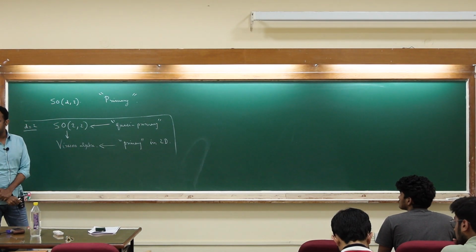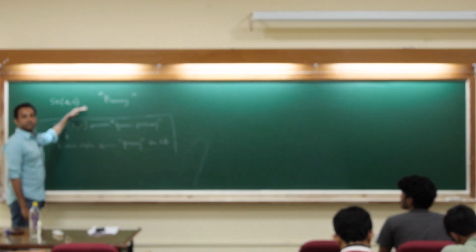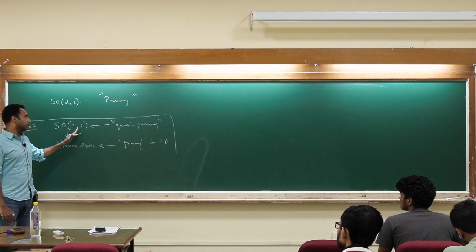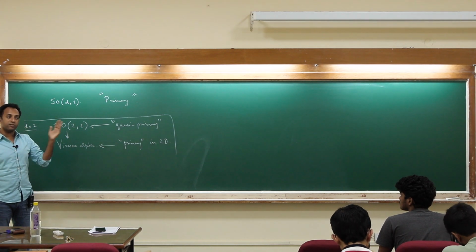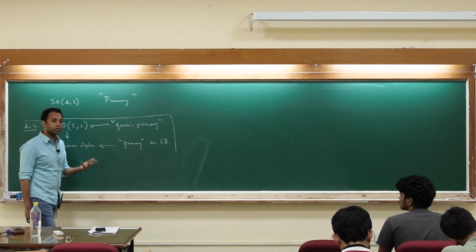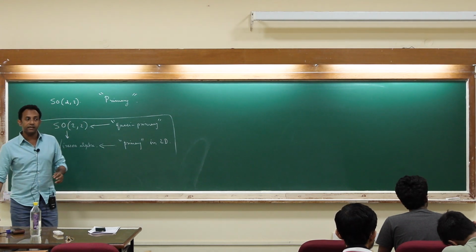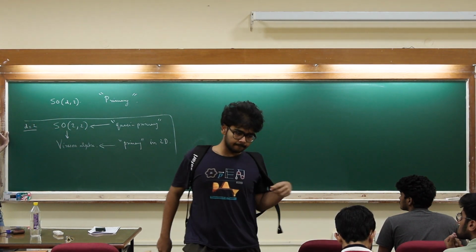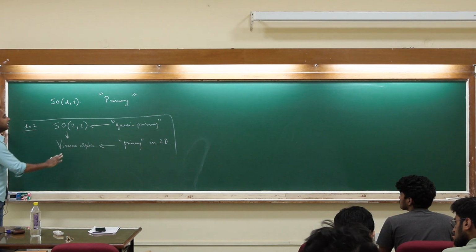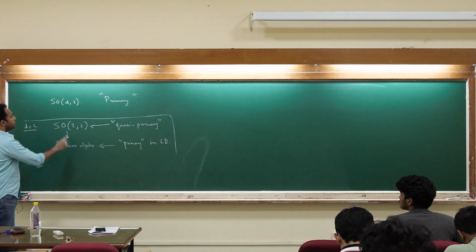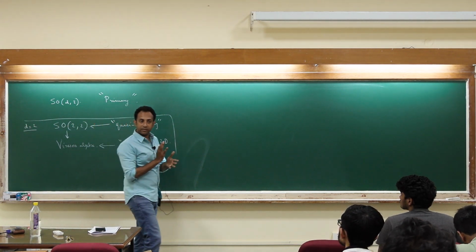The distinction between quasi-primary and primary is restricted to two dimensions. I only talked about primary fields because, even though two-dimensional conformal field theory is a very interesting and maybe a more tractable setting to study black holes, in many ways I think that D equal to 2 conformal field theories and the AdS3 duals of them are probably the most tractable place where we could make progress on the most difficult questions in black hole physics, which are about finite temperature and so on. But I'm not going to talk about them in this course at all, even though they are very interesting. I just talked about SO(D,2), which is a primary field.